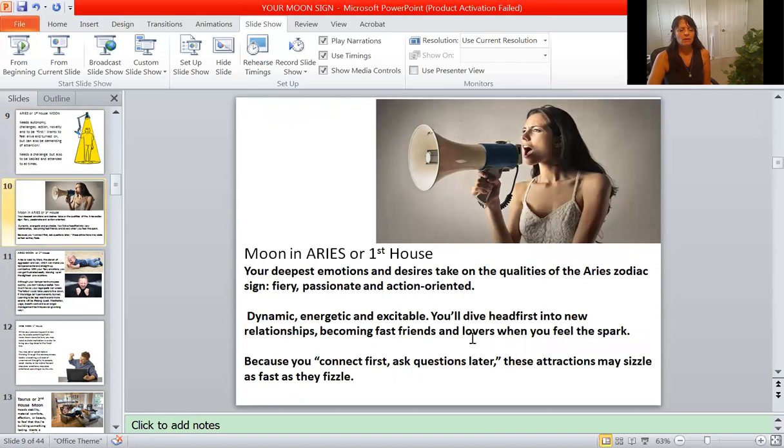Moon in Aries, or the first house, your deepest emotions and desires take on the qualities of the Aries zodiac sign. Fiery, passionate, and action-oriented. Dynamic, energetic, and excitable. You'll dive headfirst into new relationships, becoming fast friends and lovers when you feel the spark.